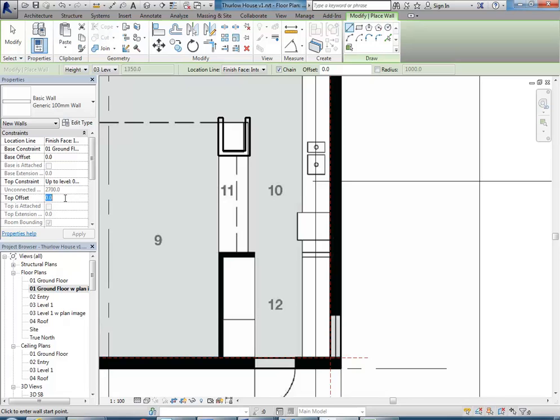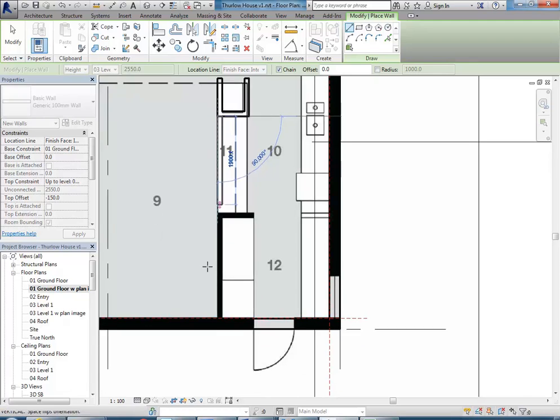If you remember, we've got a wall above that that's extending down 150. I probably didn't need to bring that down, I've made work for myself, but just so you can see, I could make the top offset minus 150